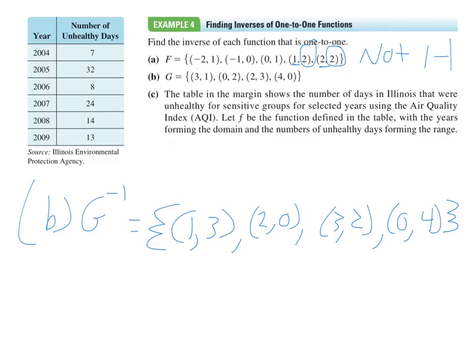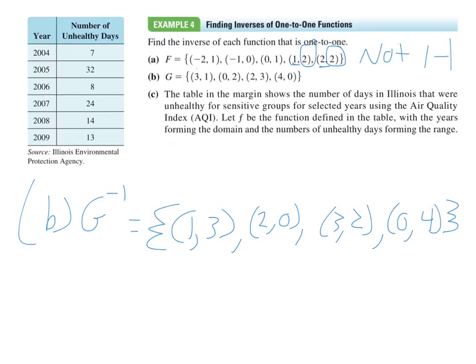Alright. So for part C, it says the table in the margin shows the number of days in Illinois that were unhealthy for sensitive groups for selective years using the air quality index. Let f be the function defined in the table with the years forming the domain and the number of unhealthy